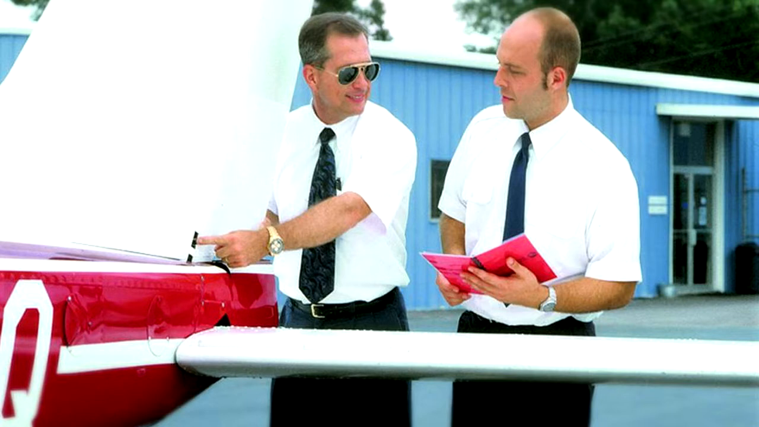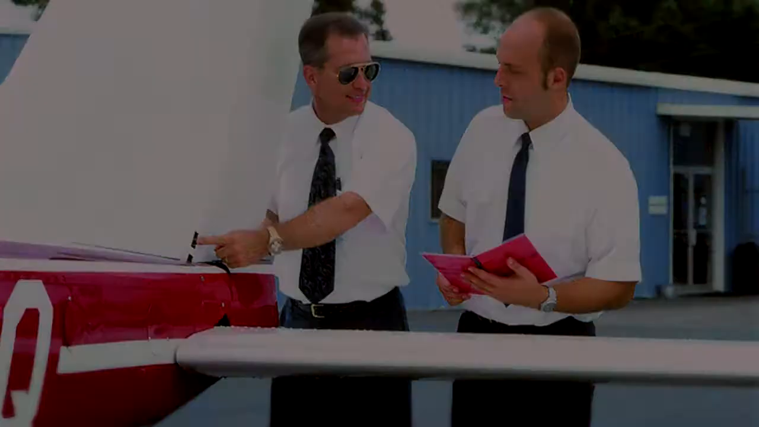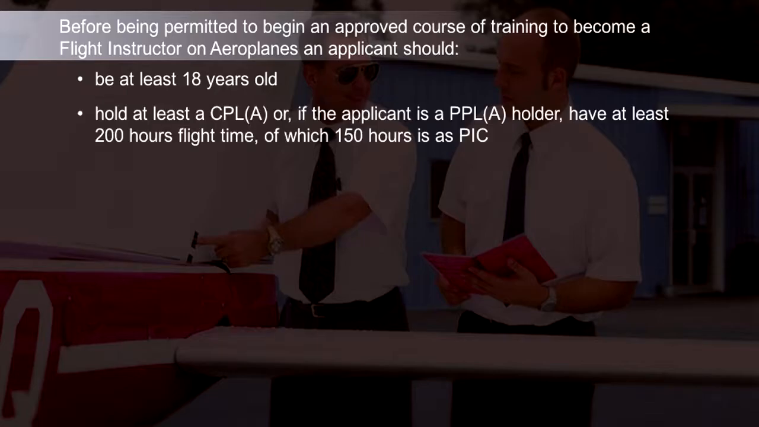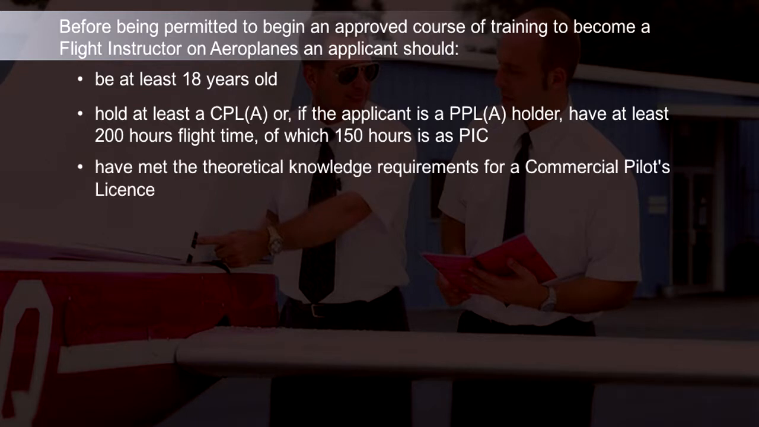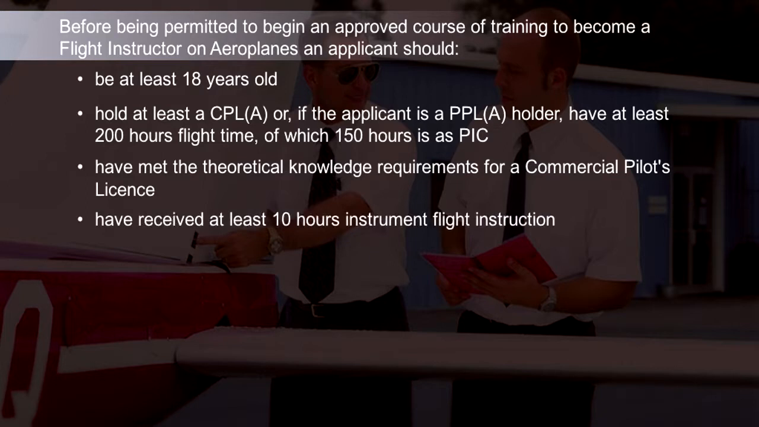Before being permitted to begin an approved course of training to become a flight instructor, an applicant must have satisfied the following conditions: be at least 18 years old, either possess a commercial pilot's license or higher level of license, or, if holding only a private pilot's license, have at least 200 hours flight time, of which 150 hours must be as pilot in command, have met the theoretical knowledge requirements for a commercial pilot's license or higher level of license, have received at least 10 hours instrument flight instruction, of which not more than 5 hours may be instrument ground time in a flight navigation procedures trainer or flight simulator,